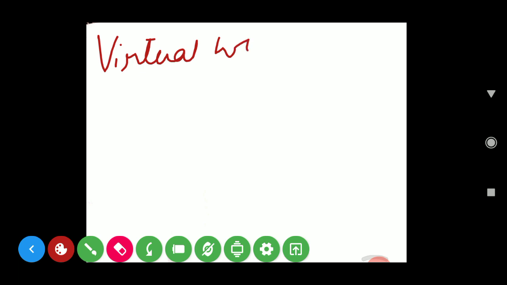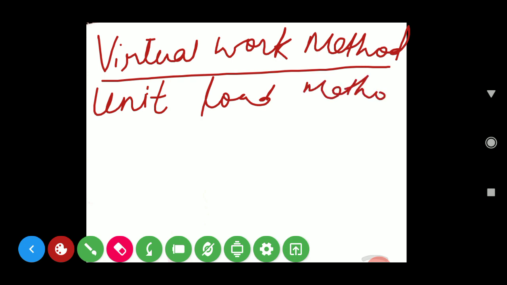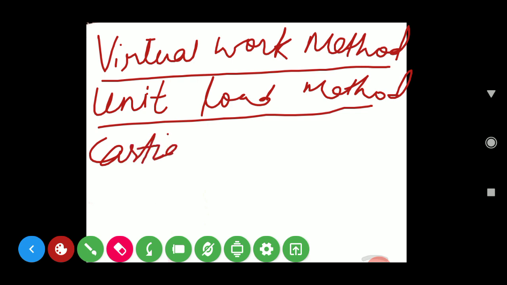Hello everyone. So we will be starting a new chapter today. The chapter name is actually virtual work method. It is also known as unit load method or Castigliano's